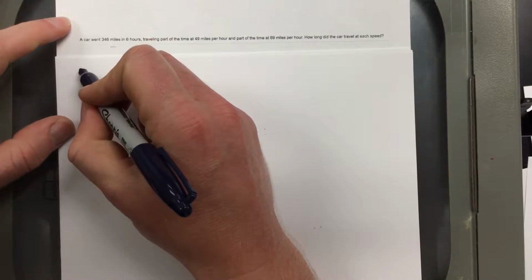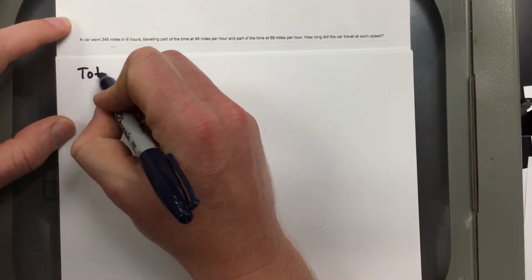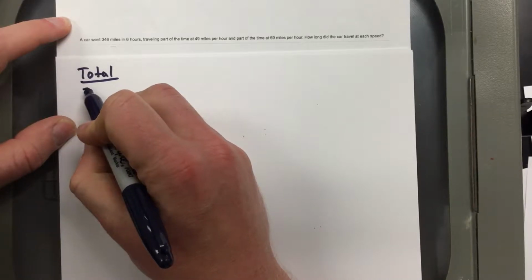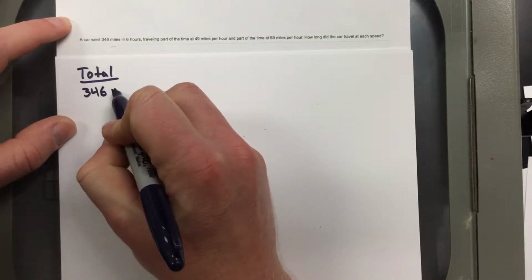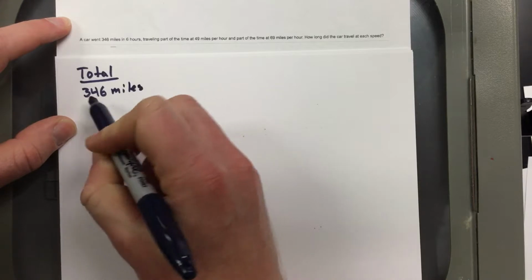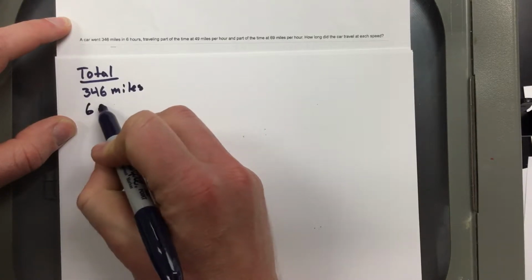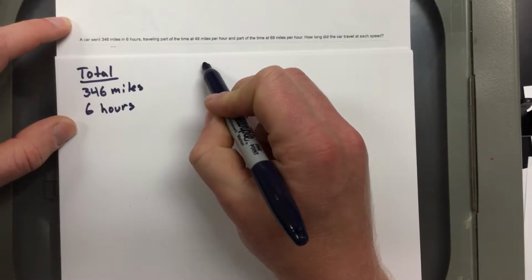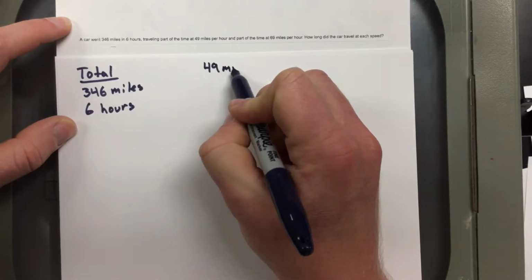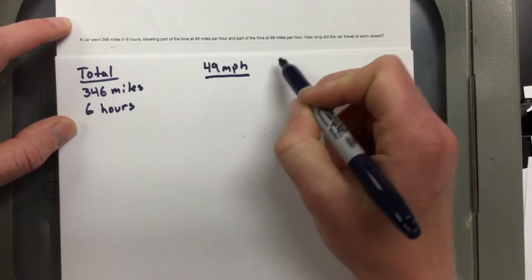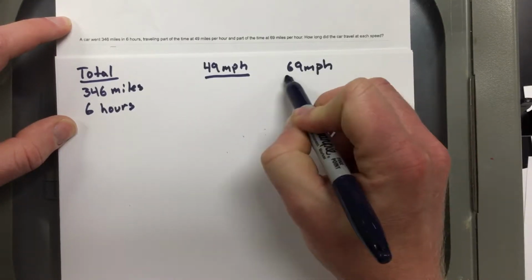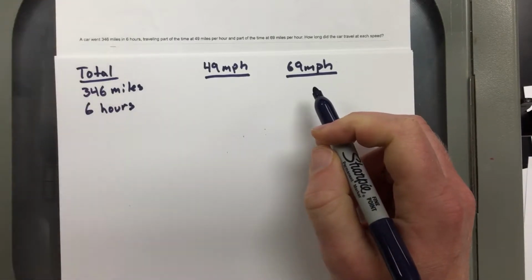So let's kind of write this out. We're going to say this is total. And the total was 346 miles. And then time was 6 hours. All right, so you drove a little bit at 49 miles per hour, and we drove a little bit at 69 miles per hour. So really this problem,